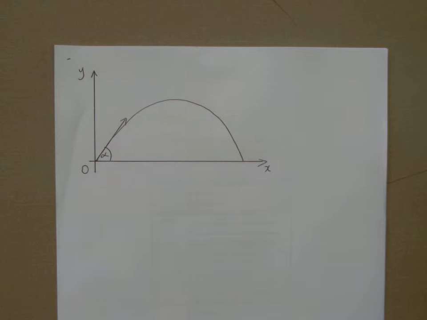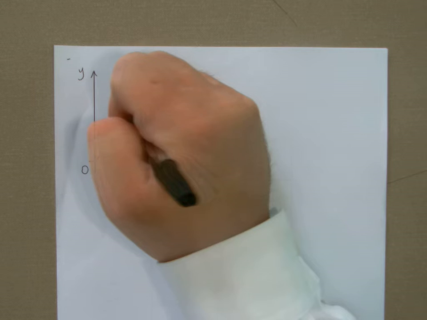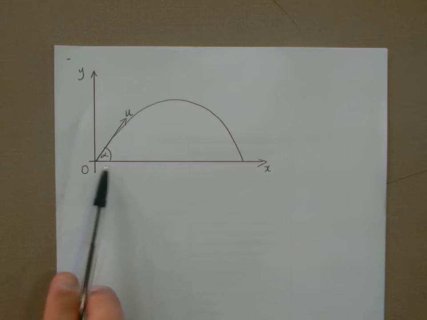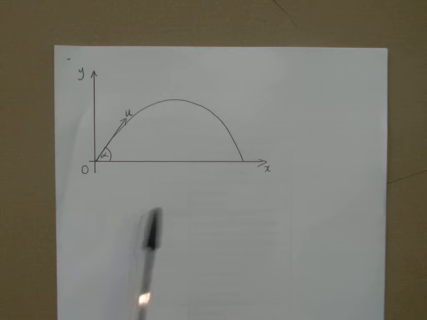Okay, so a particle is projected from point O with initial speed u, that's what's given in the question, at an angle of elevation of alpha above the horizontal, and moves freely under gravity. When the particle has moved a horizontal distance x, the height above O is y. And what they're asking us in part A is to find a general equation with y